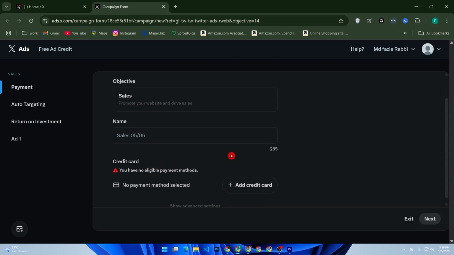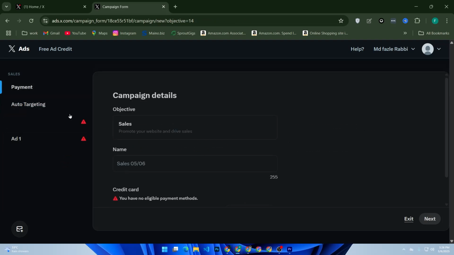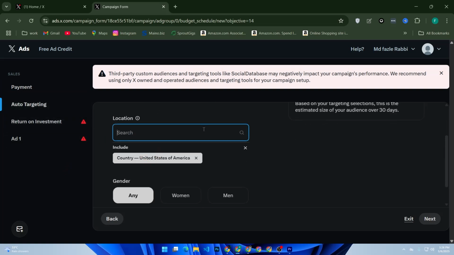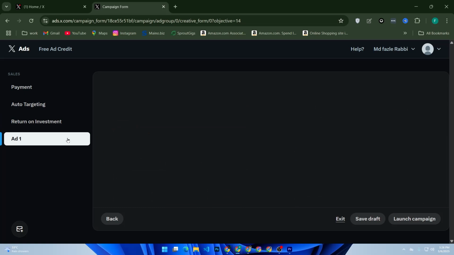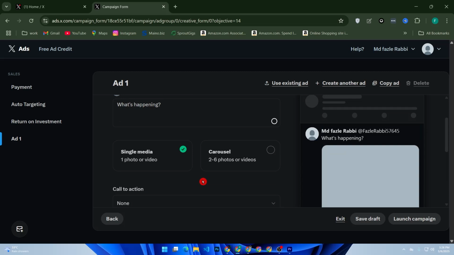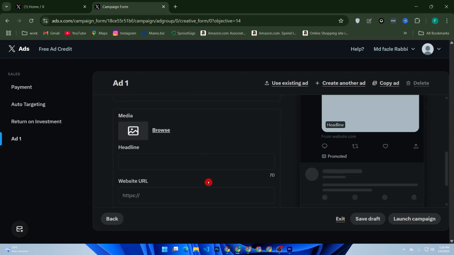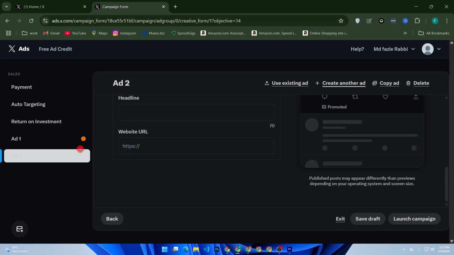Once you are in, follow the process like payment process, auto targeting like location, gender, return on investment, then add one and carousel, then click launch campaign or click on create another ad, then